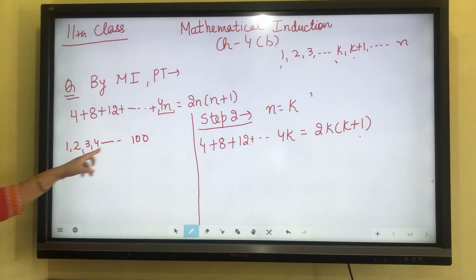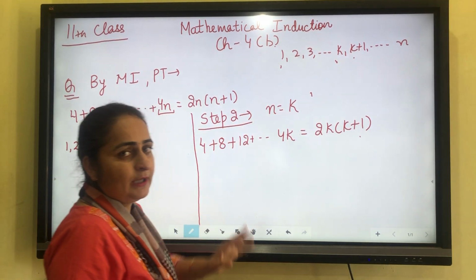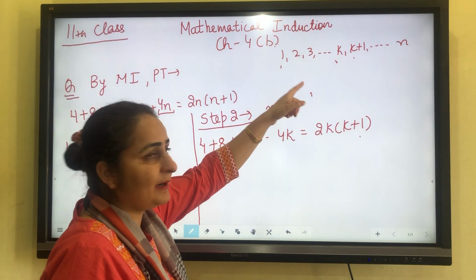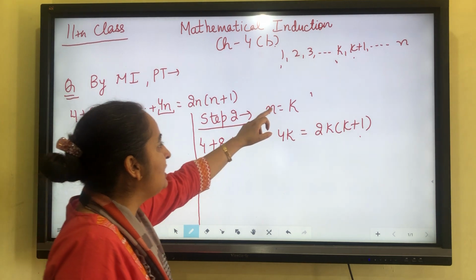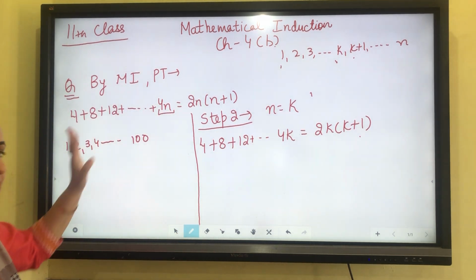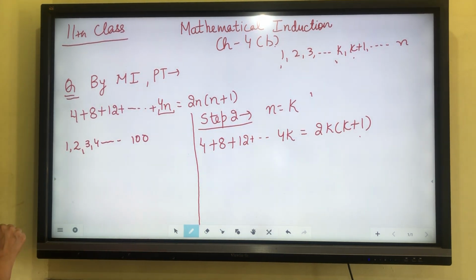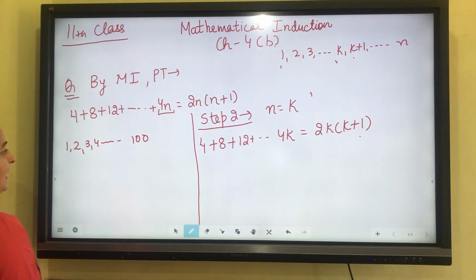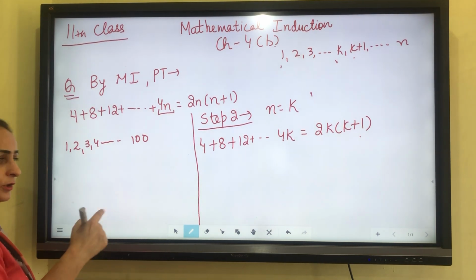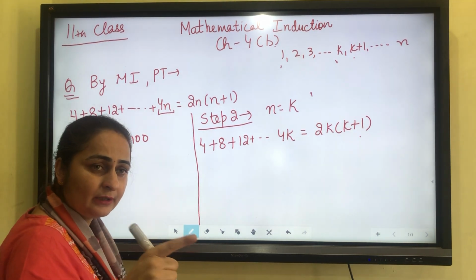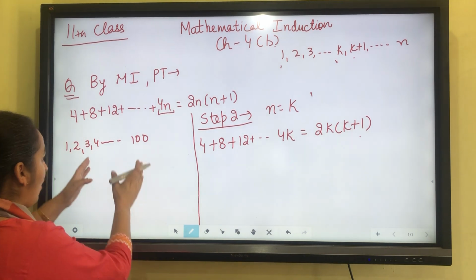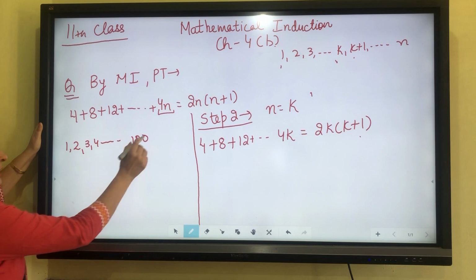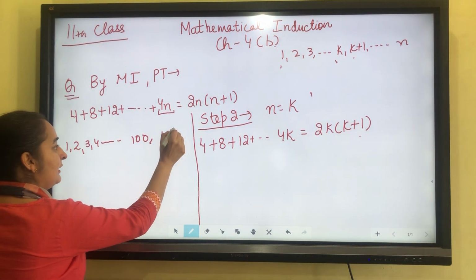Now, this is the second step, that is, n is equal to k. And the third step is n is equal to k plus 1. I am comparing the values of k and k plus 1 with this equation. If you want to select only 100 terms, I write this n. If you want to write 101 terms, we have to write all the previous terms, that is first, second, third, fourth, up to 100 and 101.